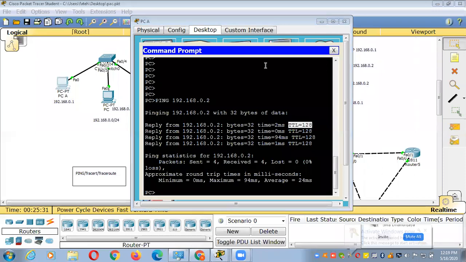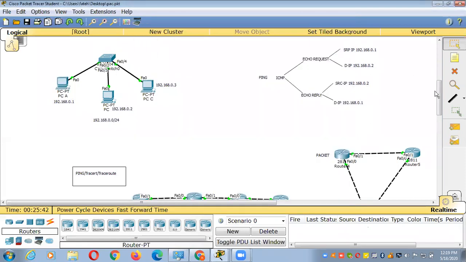Mr. Rahimullah, I didn't understand what you were asking me. You asked, TTL means time is used to avoid loops in the network. Yes, I will answer you. Now I'm going to explain what TTL is. The full form of TTL is time to live.